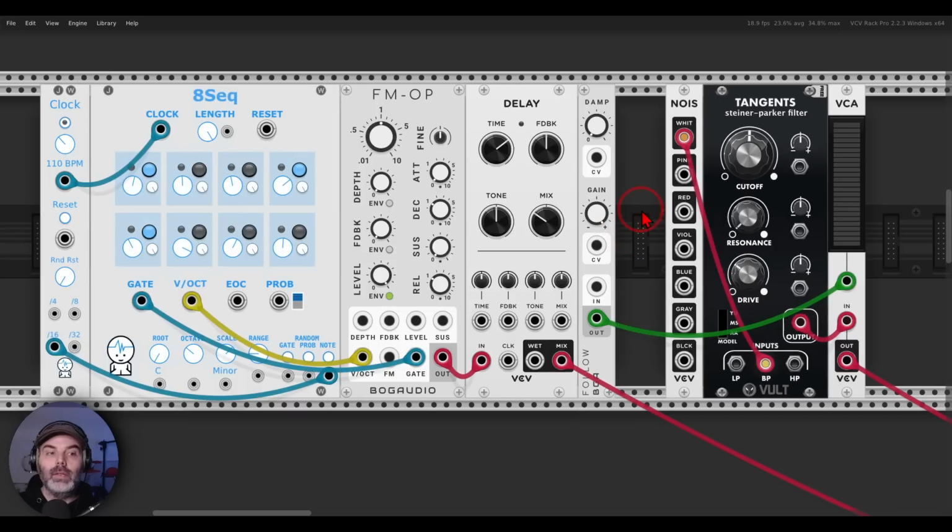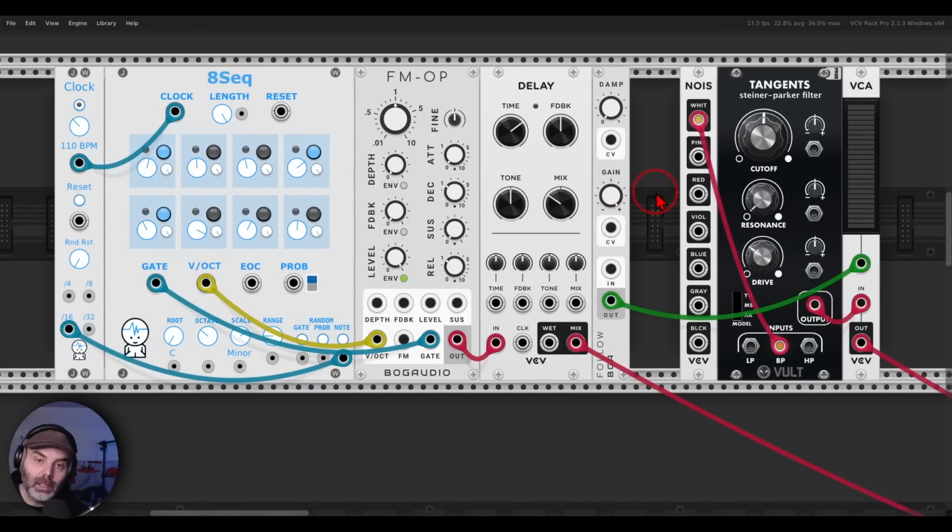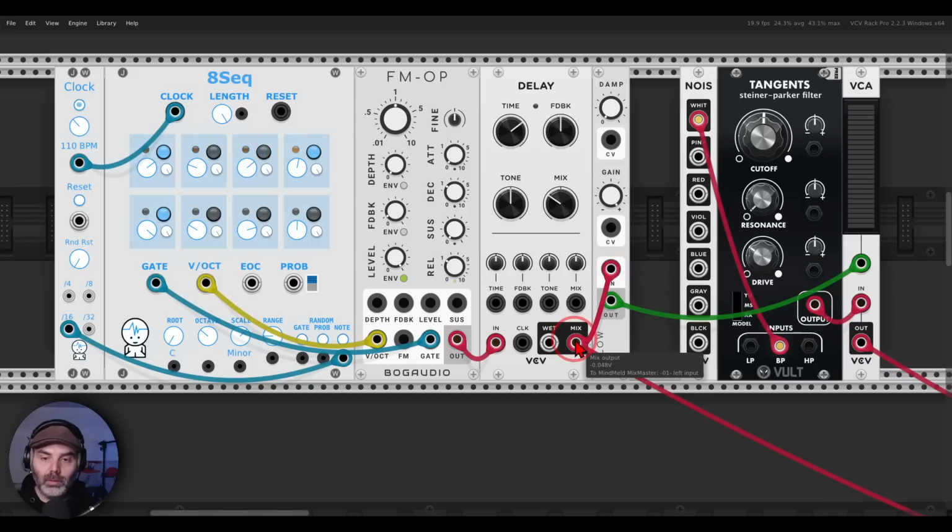Now, what you can do with this? Something I like doing is using it to bring in another layer with noise. So here I have the same sequence, FM operator through a delay. Right? This is the audio. Now, if I send this to an envelope follower, the envelope follower will extract the amplitude envelope of this sound that I can use, again, to open a VCA. For example, in this case, I have noise going through a bandpass filter and a VCA. So if I use this audio,